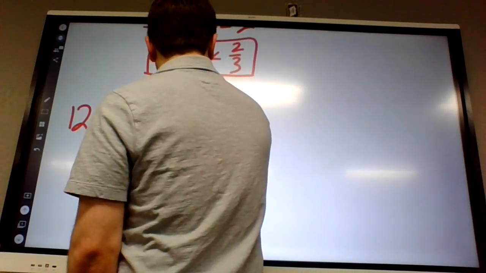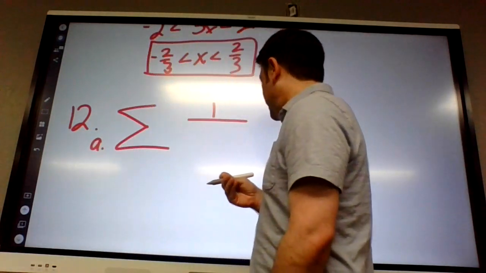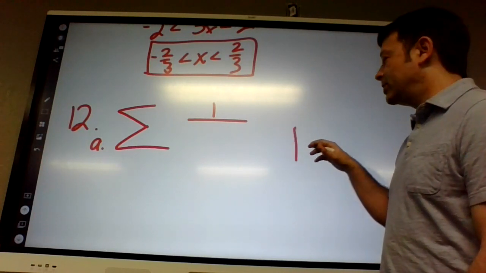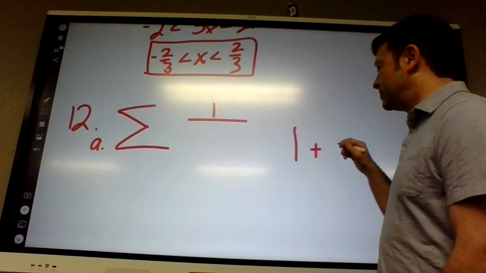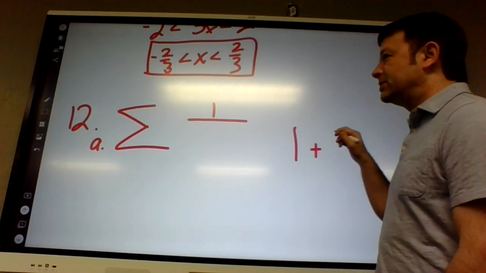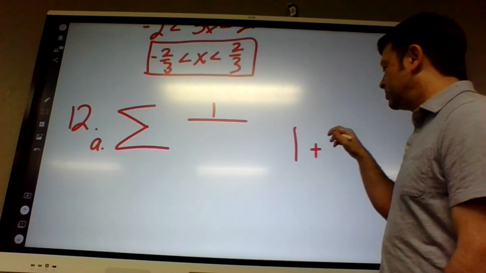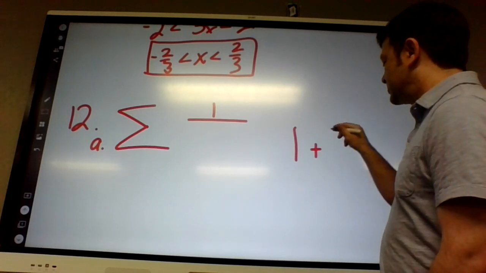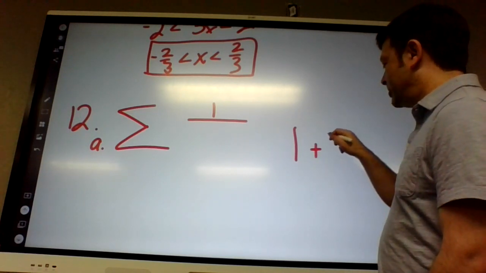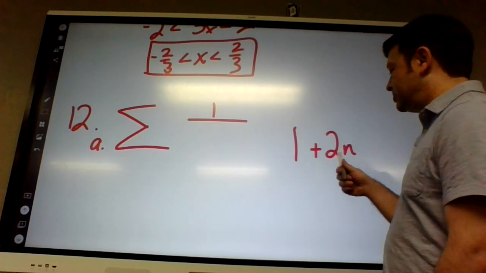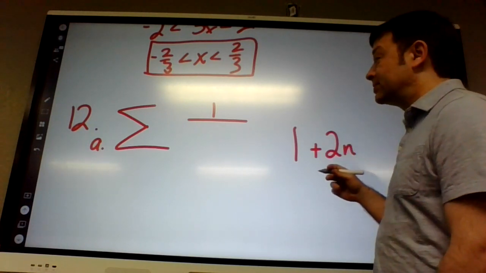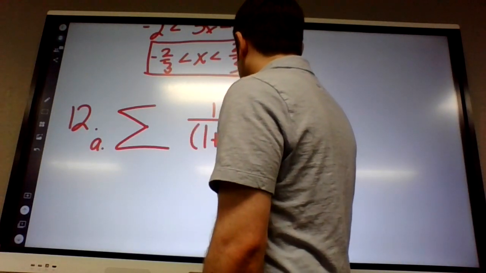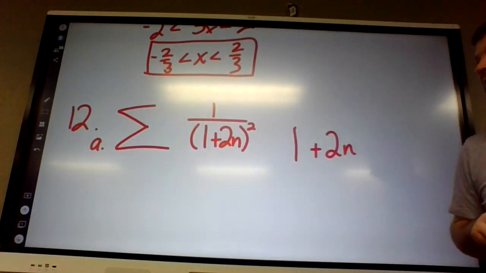So the top is just 1. How do we get odd numbers to pop out? That's the question. Okay, 1 would be the first odd. How do I get my next odd? How do I turn the 1 into 3? Plus 2. How do I turn it into the next odd of 5? It'd be a plus 4 right here. So what do I need to multiply by right here? Or add right here? 2n. That's how you get odds. But the odds need to be squared on the denominator. And